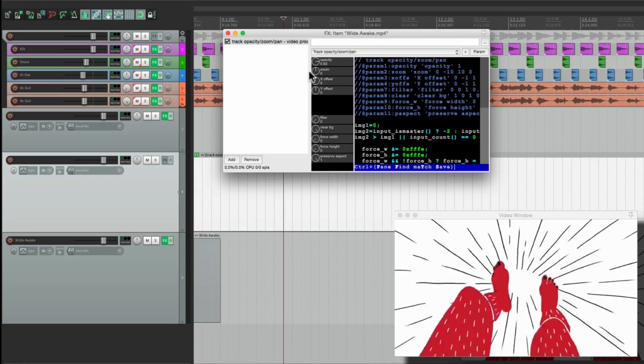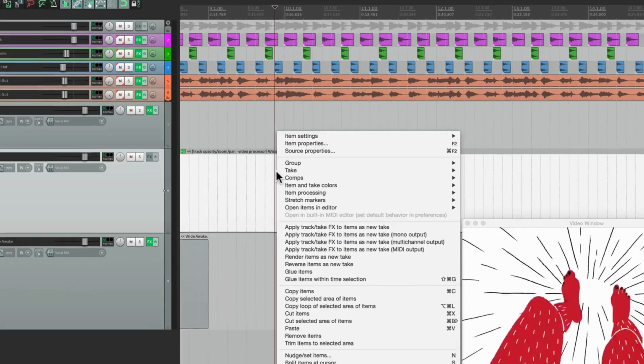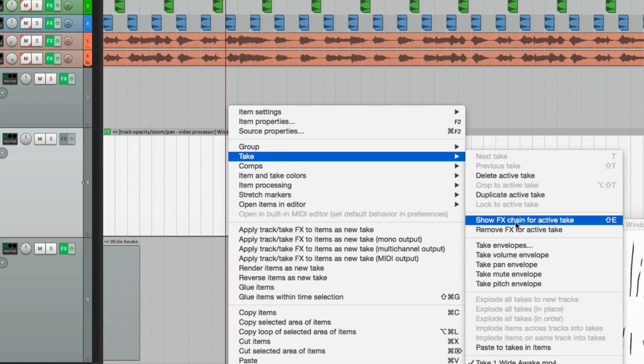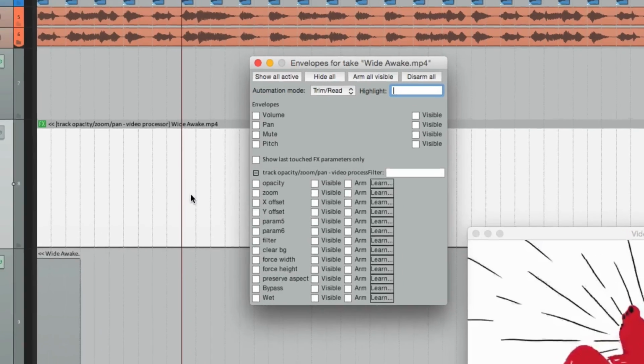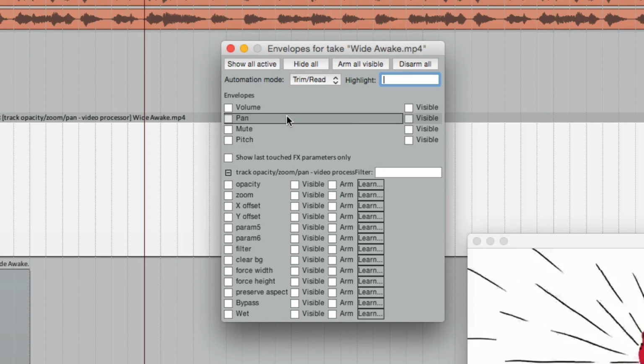Full on, fade it out. So we want to automate this. Right click, go to take envelopes, and besides doing volume, pan, mute, and pitch, we can do our plugins. So we can choose opacity,